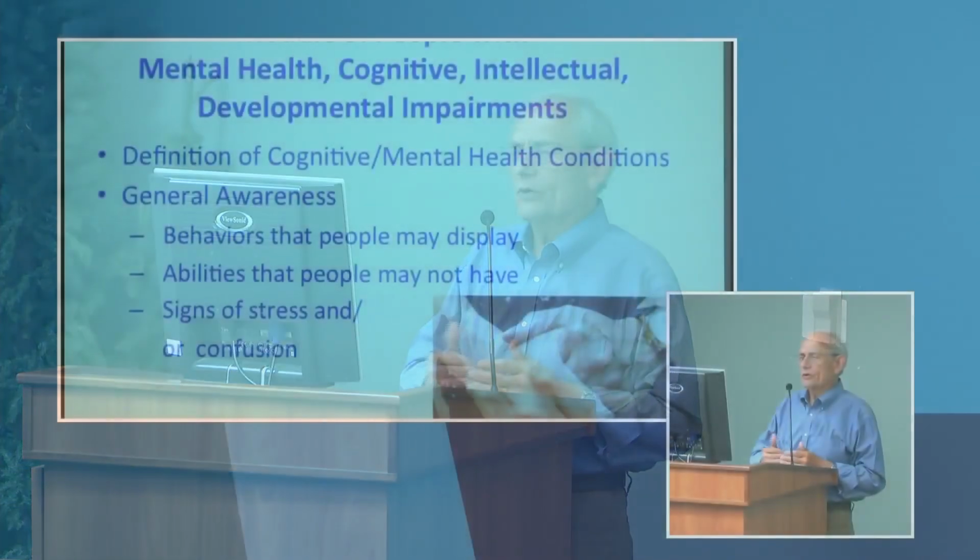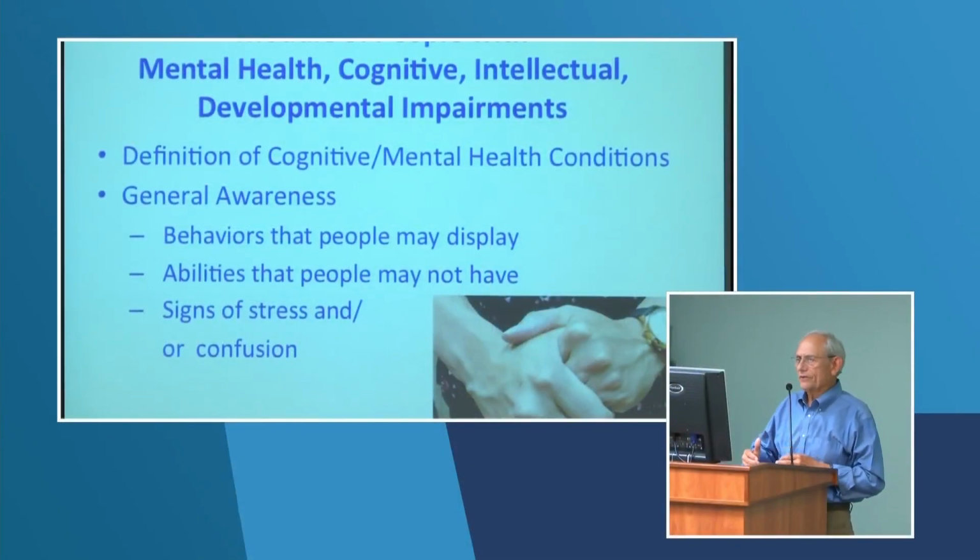But the general thought is that people who have severe mental health issues, whether it's schizophrenia, severe anxiety, phobias, whatever, or have cognitive understanding and intellectual disabilities or developmental impairments, may not respond to emergent situations the same way that the rest of us do, or